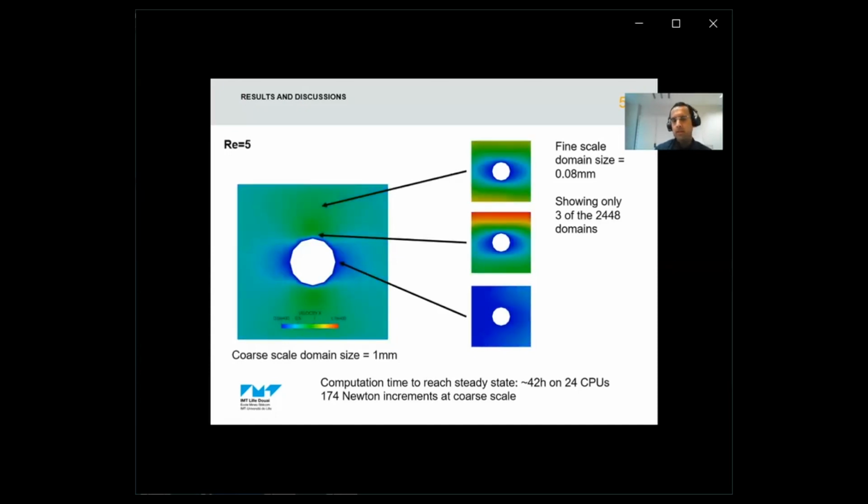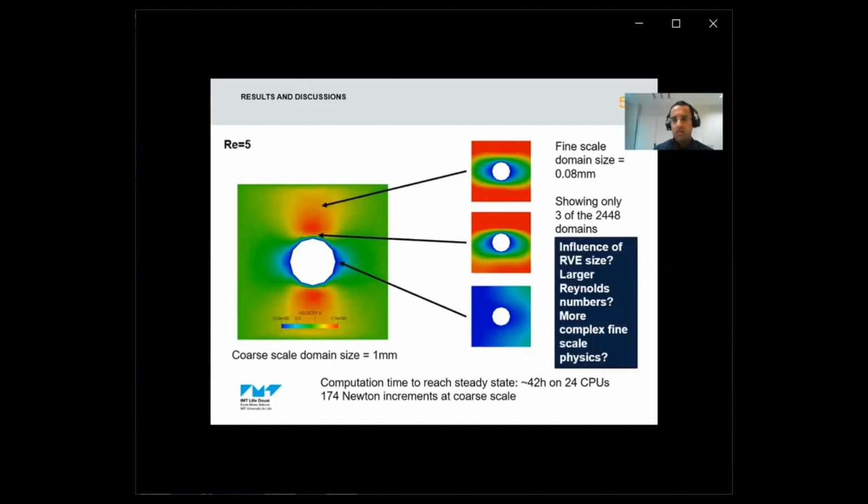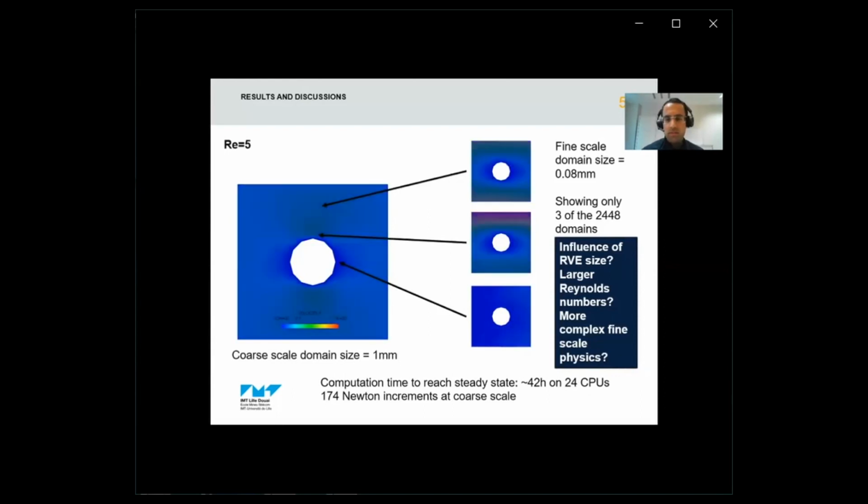Now I'm interested in a few questions that I could investigate with this scheme. The first one is, what would be the influence of RVE size? Here I actually use an RVE size which is the same as the size of the coarse mesh. What would be the point of using a larger RVE or a smaller RVE? The second question is, would this scheme still work for larger Reynolds number and when we get closer to turbulence? And the last question is, can this scheme also be used for more complex physics, for instance, non-Newtonian flows or